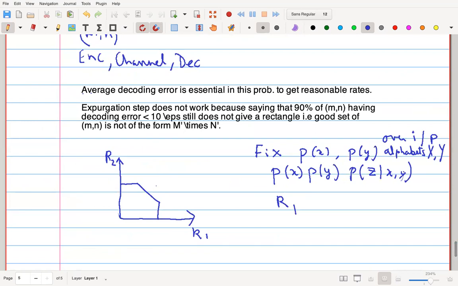So the achievable results are called the inner bound, basically what you can achieve, and the converse results are called the outer bound. Conceivably, the true achievable region looks like this, but our scheme can only achieve an inner bound like this, and maybe the best converse that one can prove is not the true achievable region but some region which is slightly larger, which we'll call the outer bound. This is standard terminology, inner bounds and outer bounds, which we use for multi-terminal channels.